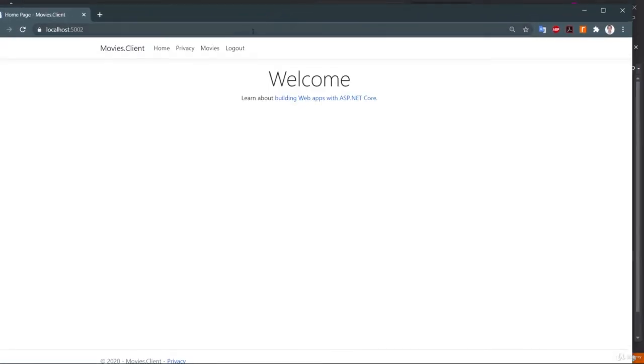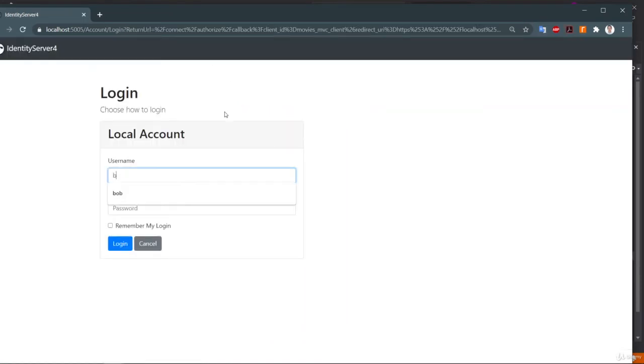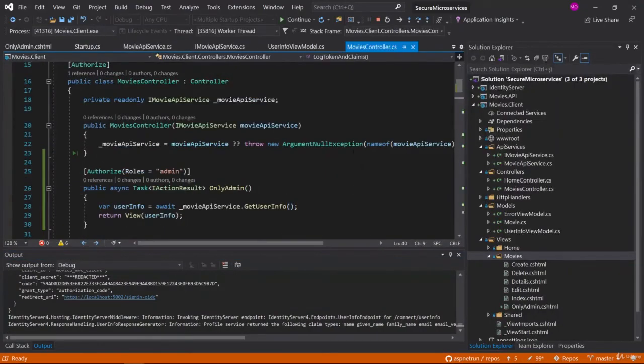Okay, yes, let me log out first, and this time I am going to log in with the Bob user, because the Bob user has the admin role and only he can see the Only Admin page.